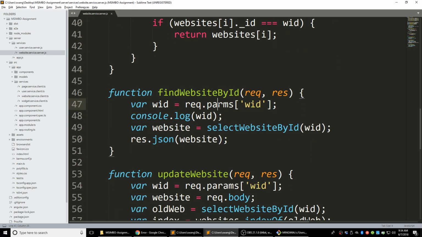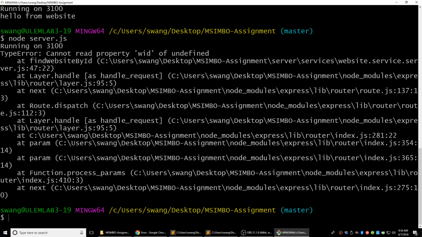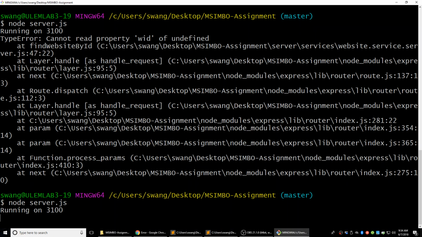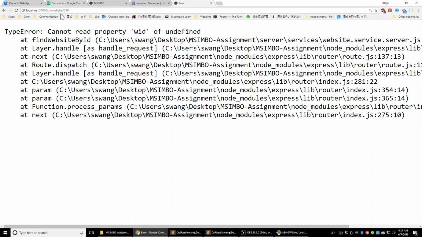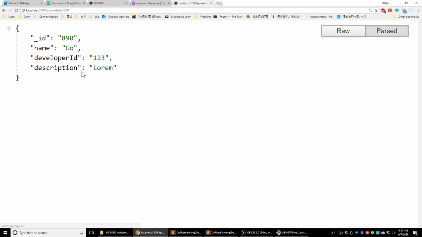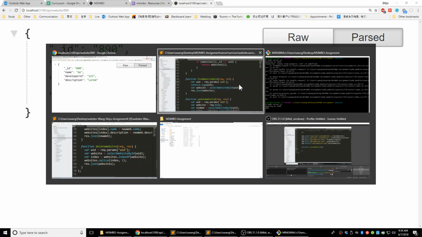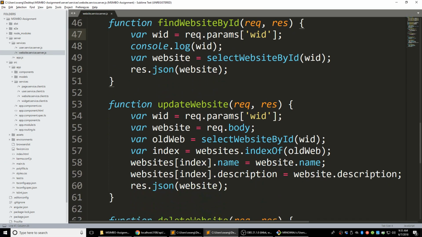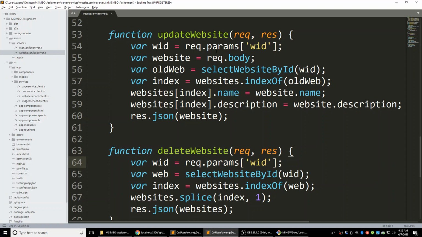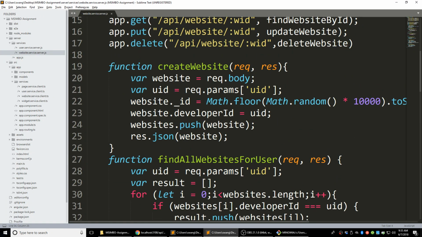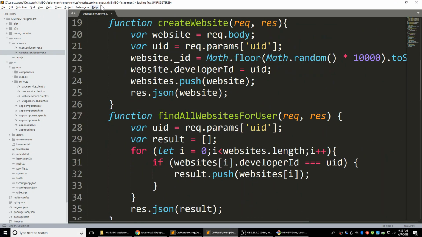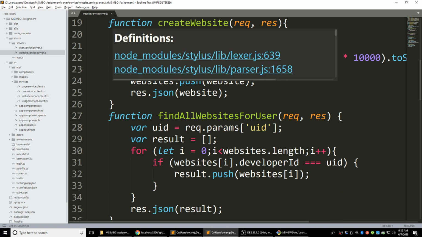Oh, here I have a typo. Params. Yeah, that makes sense. Try it again. I'm getting the website. Okay, that should be correct. Let's double check. I don't have any typo. I think yeah, should be looks good. Okay, so that means the server is ready for the incoming message from the client, and it's going to give